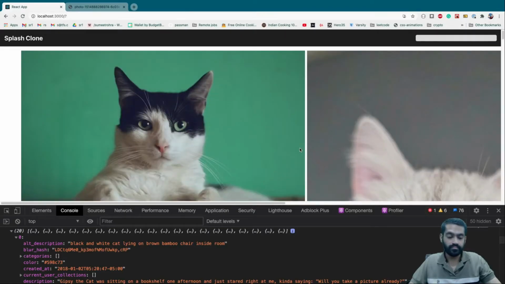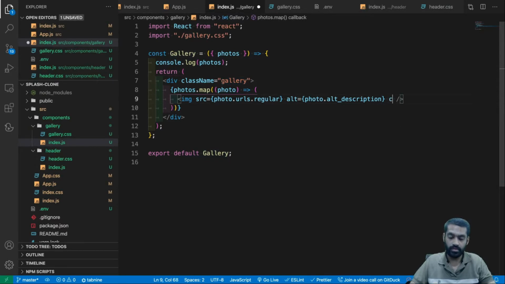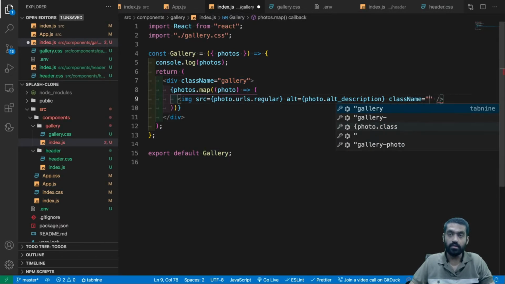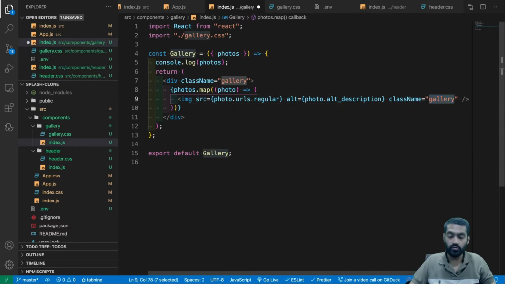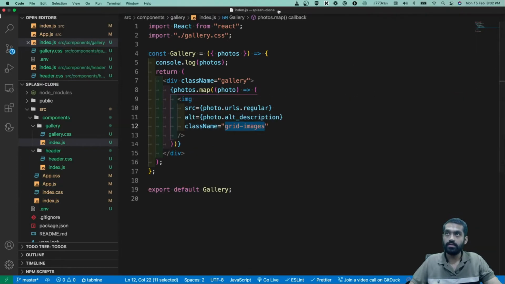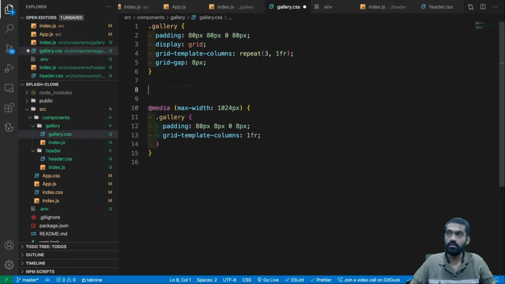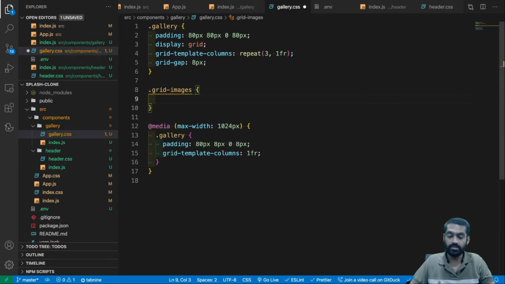Okay. Let's add some class name here. Class name. Let's do what? Grid images. Sounds good. Let's come to gallery and grid. Okay, what is this? Grid images.